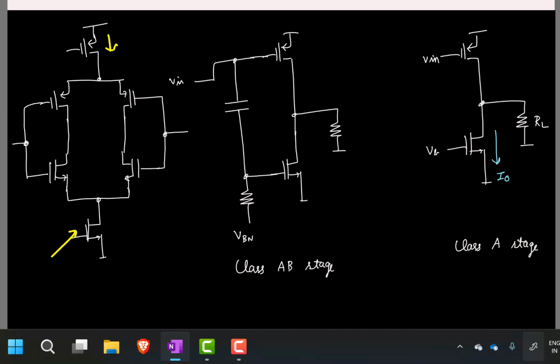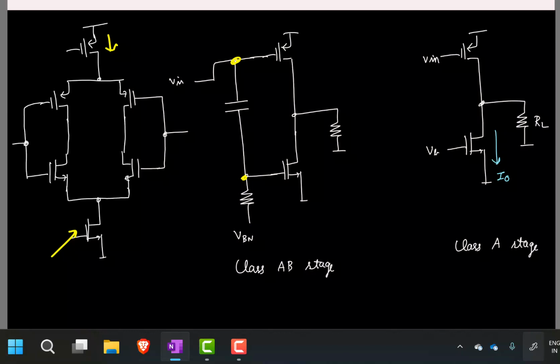I0, because that's the current I have, so I can only deliver I0. If I were to deliver more and more power, what is the only solution? I have to increase I0. Whereas in class AB stage, you could actually choose my bias voltages for PMOS and NMOS such that when